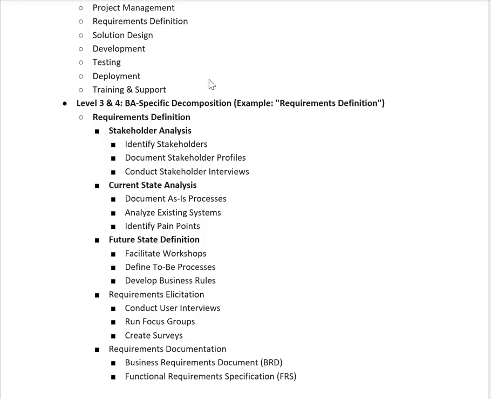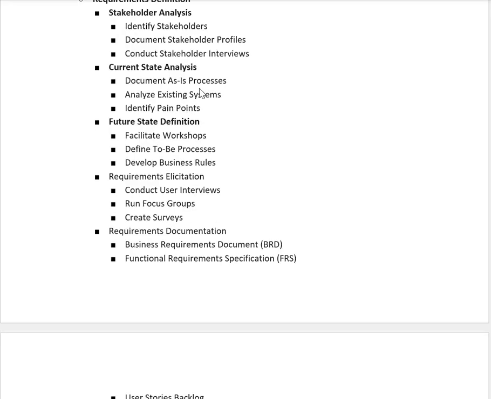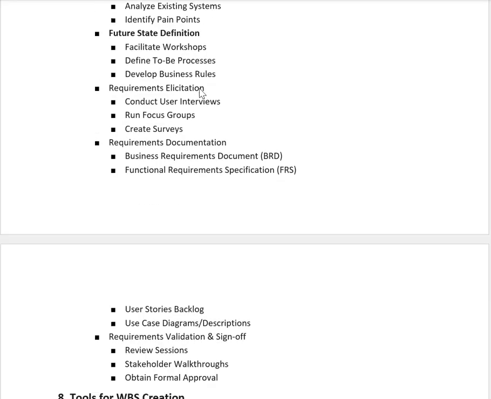To update that to the key stakeholder. And then we move on to the next phase that we draw in the work breakdown structure, which is documentation. So we will create the business requirement document, functional requirement specification, user story backlog, the use case diagram and description, and how much duration or time is required, that we add in the work breakdown